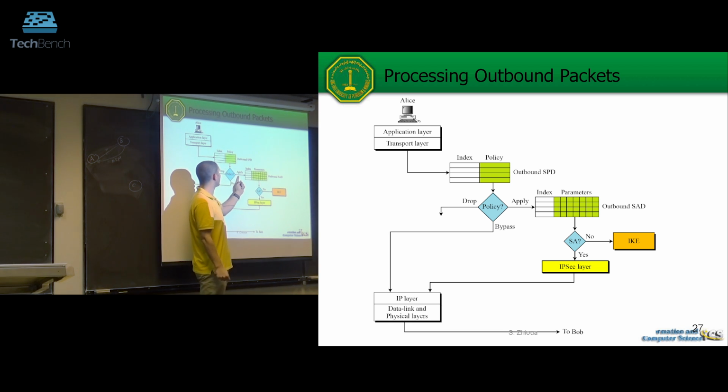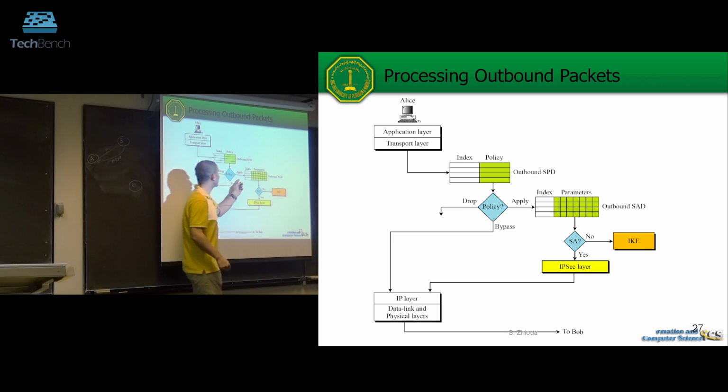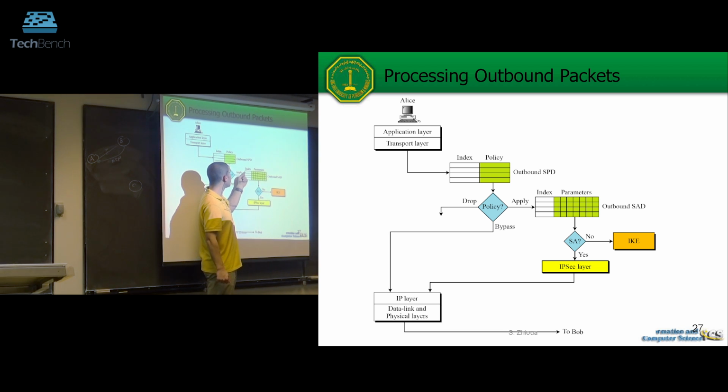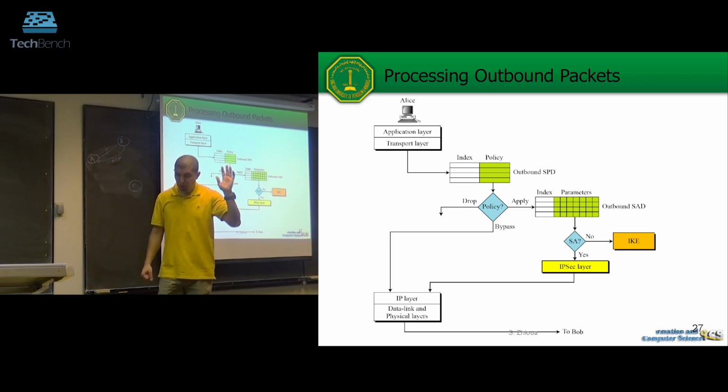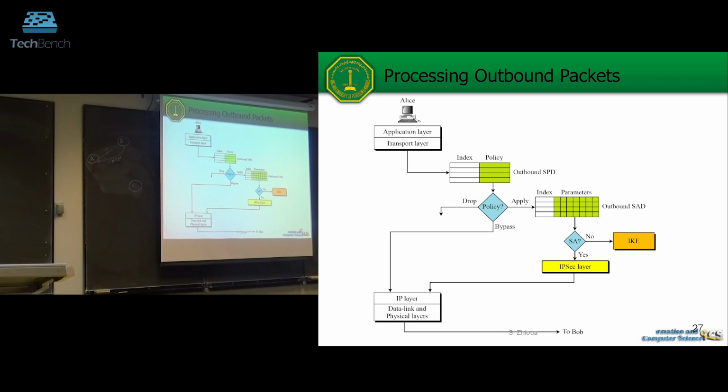Then we have apply. Apply means you will encrypt it. So for the destination IP of Bob, there is an association with it. There is a key, there is a protocol. Then we will apply whatever is there. When we apply, we use the SPI, the security parameter index. Basically here it will use that security parameter index, and it will look for the